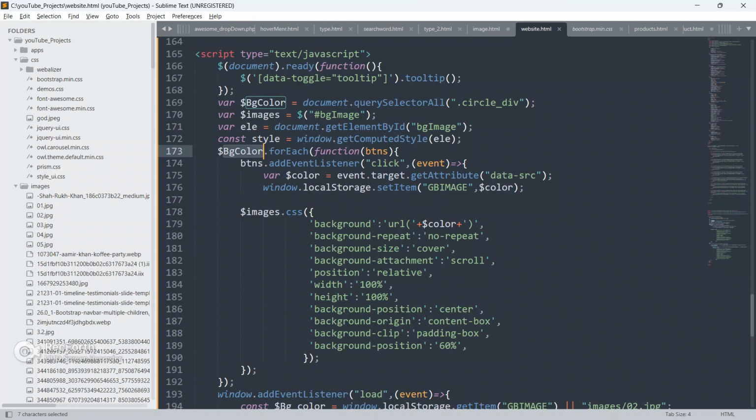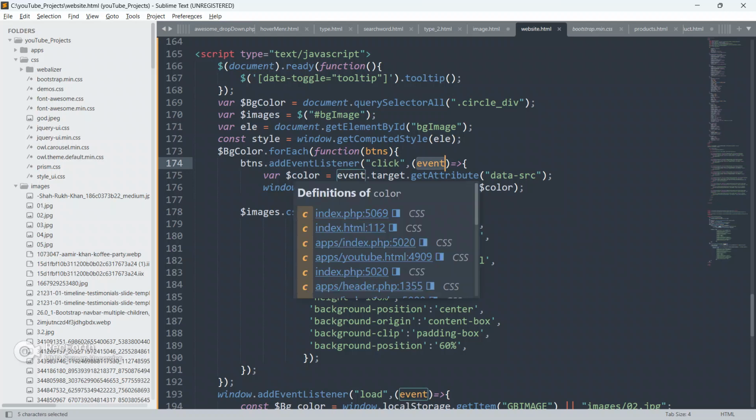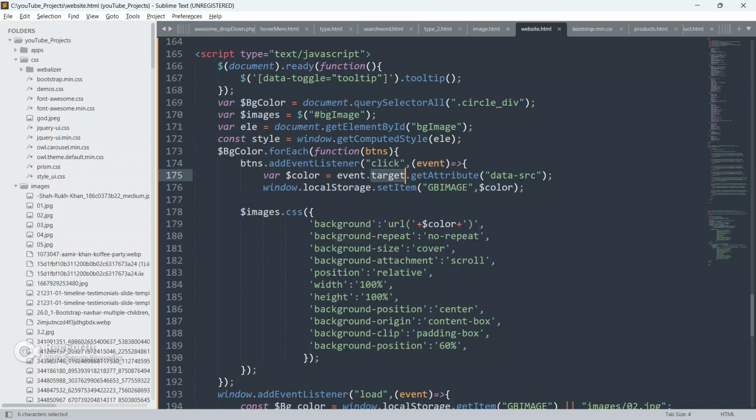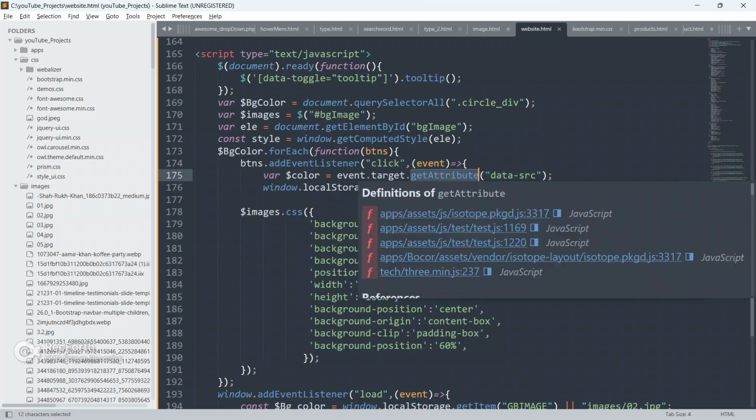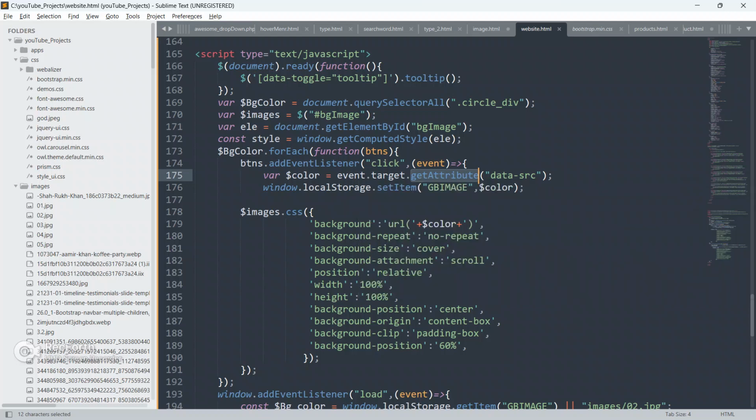So bg color dot for each, it is going to take a function. btns add event listener, click event, color event dot target dot get attribute data src, window dot local storage dot set item images and color.